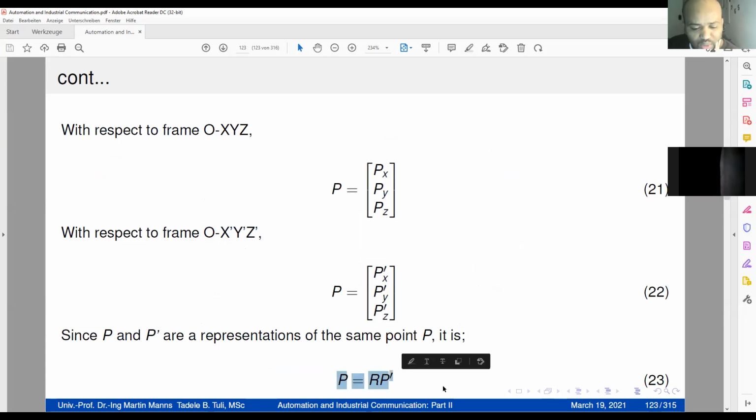So one way of doing it is, you know, p is equal to a rotation. You have only a rotation matrix, or rotate the matrix of p prime. So it is moving from p prime to p. This means actually